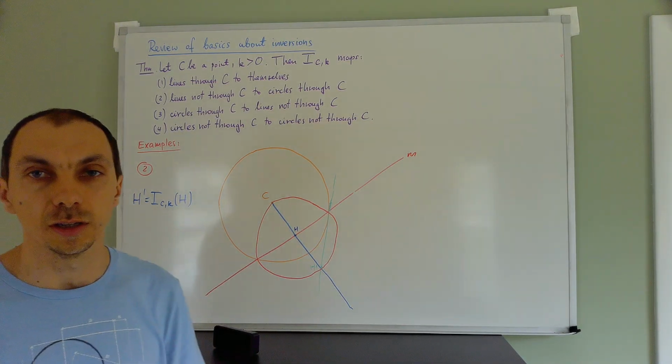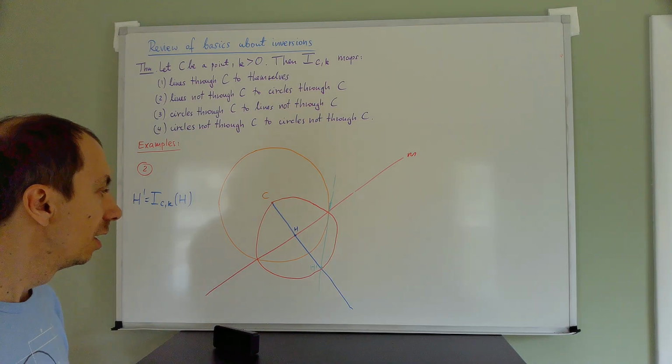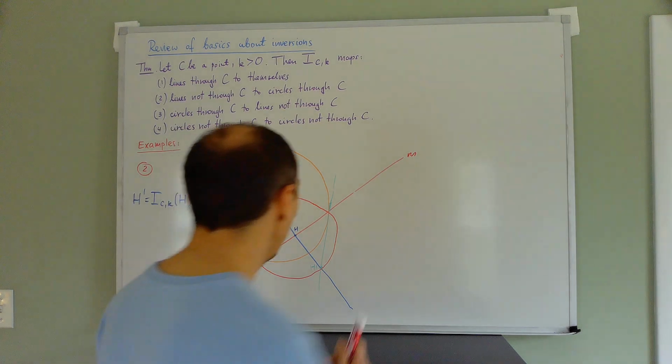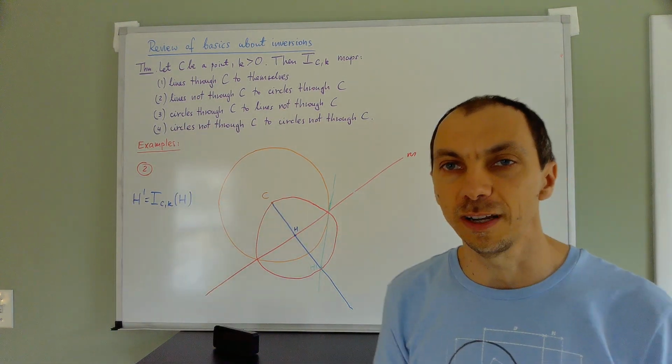Okay, it doesn't really look very much like a circle, but you know this already from class, that's how I draw circles. I was willing to sacrifice the shape of it